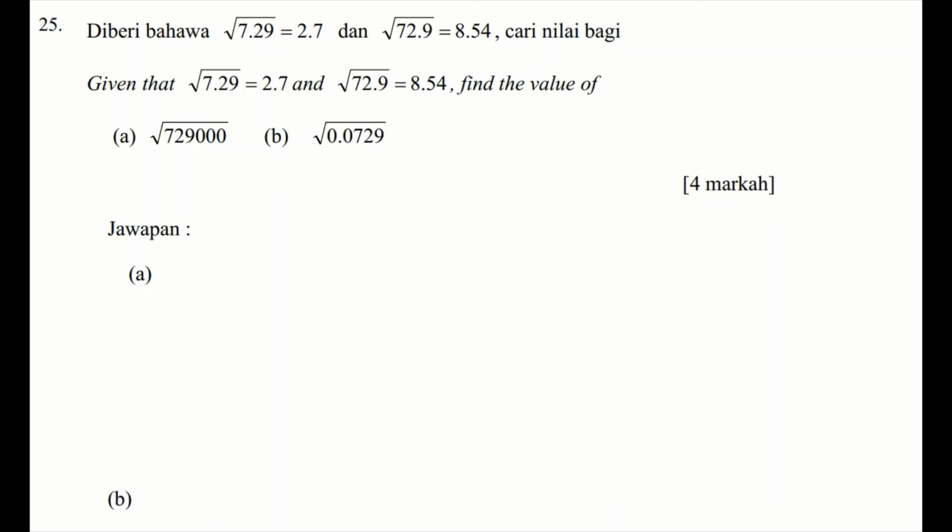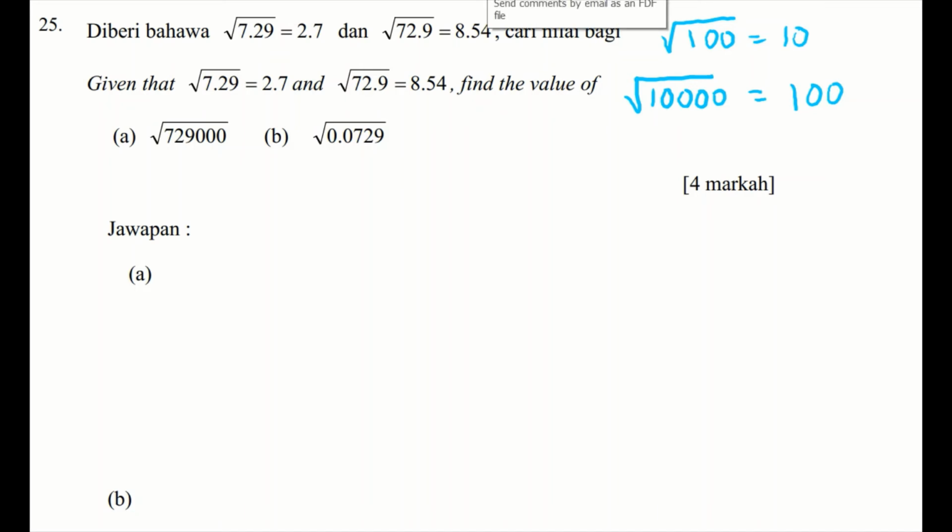You need to remember also that the square root of 100 is equal to 10 and the square root of 10,000 is equal to 100. Question A. The square root of 729,000 can also be written as